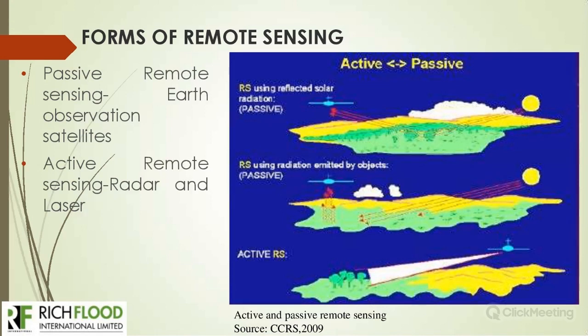And as this electromagnetic energy is targeted on the object on the Earth's surface, it is either reflected or re-emitted back, and it is recorded by the sensor. So a passive remote sensing system cannot work without the sunlight. For instance,